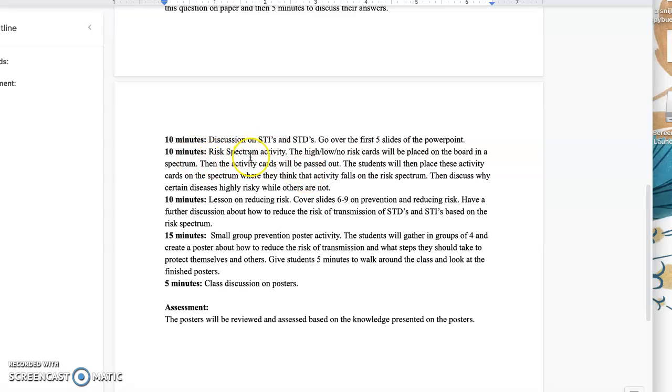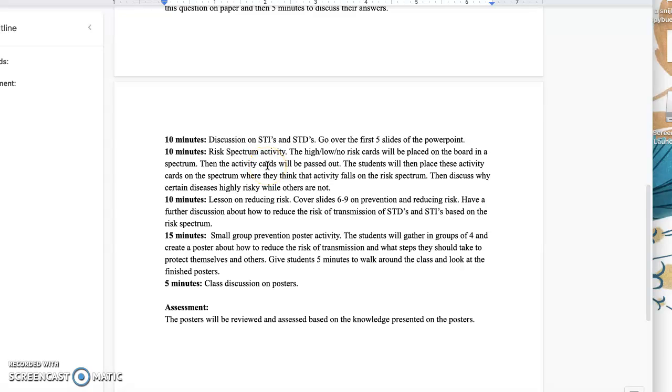The next 10 minutes will be an activity. So this is called the risk spectrum activity. There'll be a high, low, no risk card. So these are all separate high risk, low risk, no risk cards, and I'll place them on the board in a spectrum. And then I'll have activity cards, which these activities will be risky activities. So anal sex, oral sex, holding hands, kissing,